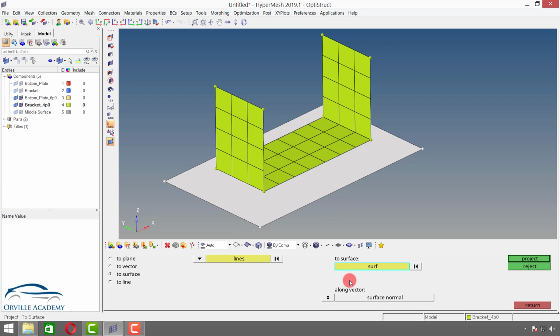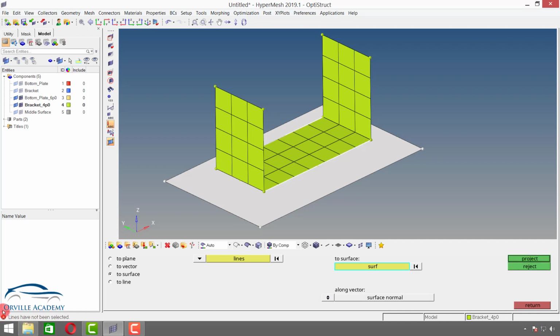Now remember, whenever we select the surface as a projection method, generally our objective is to project the lines, elements, nodes along the normal to the surface. So here you can select the normal to surface, but intentionally sometimes it might happen you have to project along a particular direction. Believe me, you will have to project along a particular direction once in a week or 2 weeks. But still you have to remember this option, because without that you will have a very long procedure to do the same things. So let me go for surface normal, but still if you don't want it along the surface normal, you can switch from here and you can give the particular direction as shown over here. So let me go for surface normal and then say project.